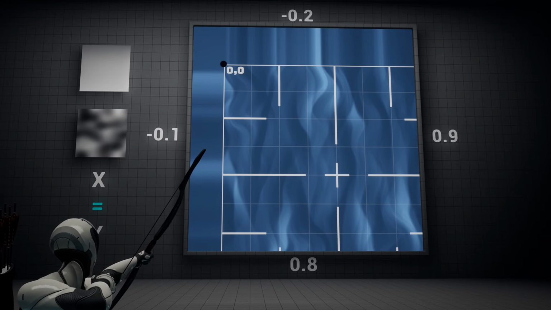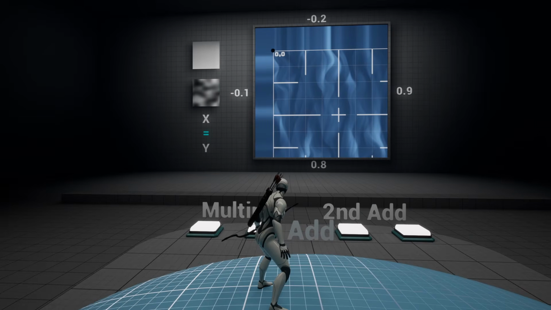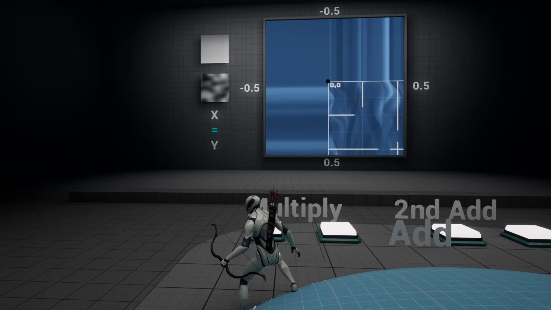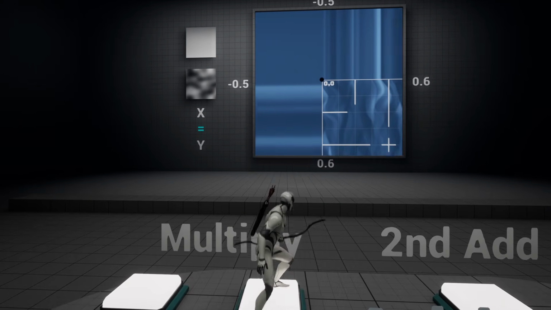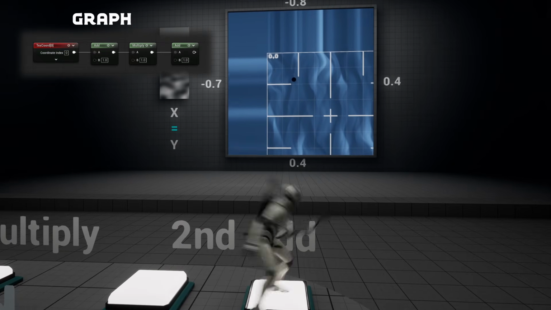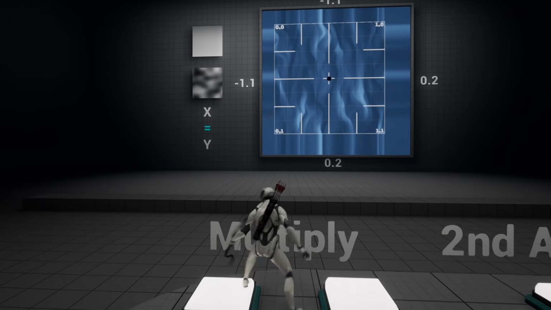And this brings me to the first advanced UV technique I'd like to show you. We can actually scale a texture from its center, and here's how. First, we'll subtract 0.5 from our x and our y. So when we scale, we're now scaling from the center of our window. The trick is to add back our 0.5 after the multiply. And now we've shifted our window back to the center of the texture, and when we multiply it, it scales